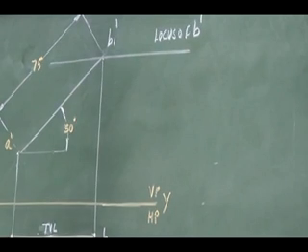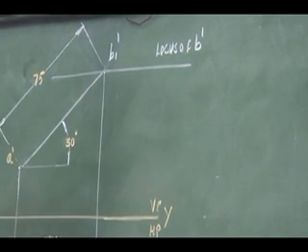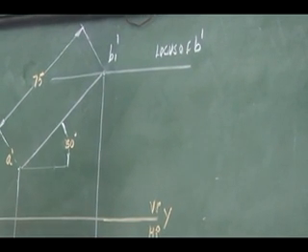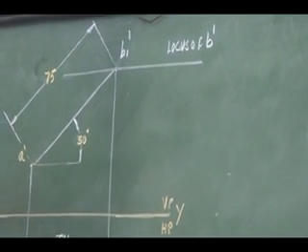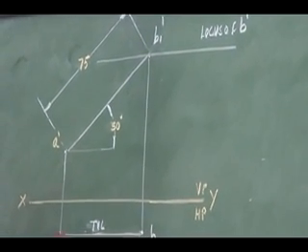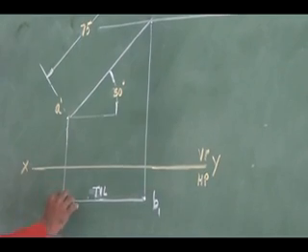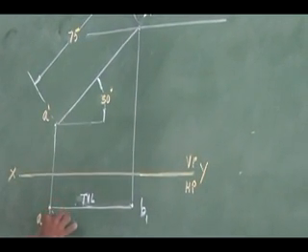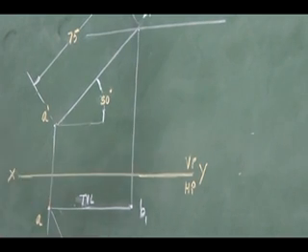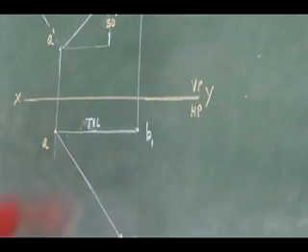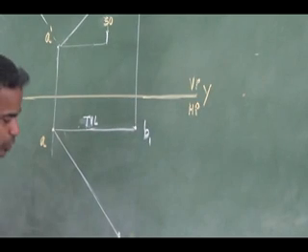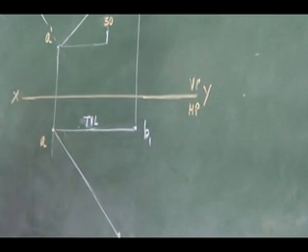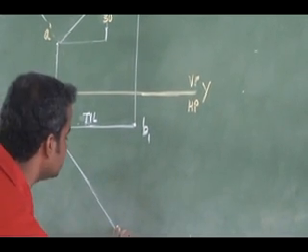Then you have to go for the second assumption. This is the first step. Second assumption is 40 degree incline. This second notation is B2. By projecting this,